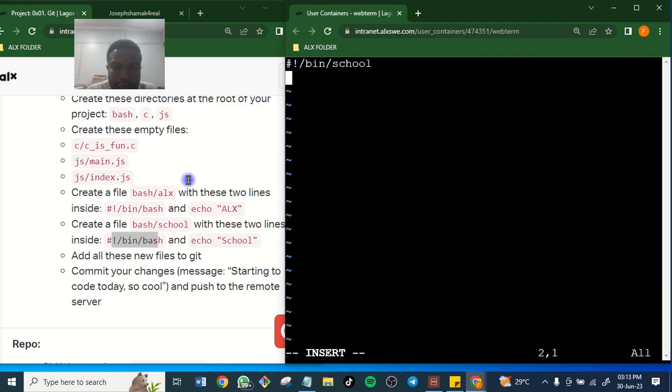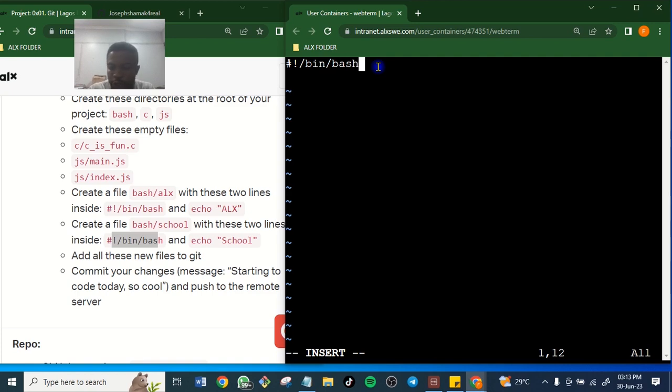Hash bin, and inside bin bash. You see, you can't use the cursor to highlight it. You have to write bash, bin bash inside.